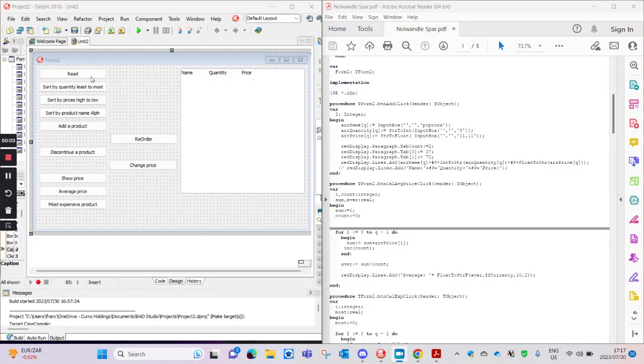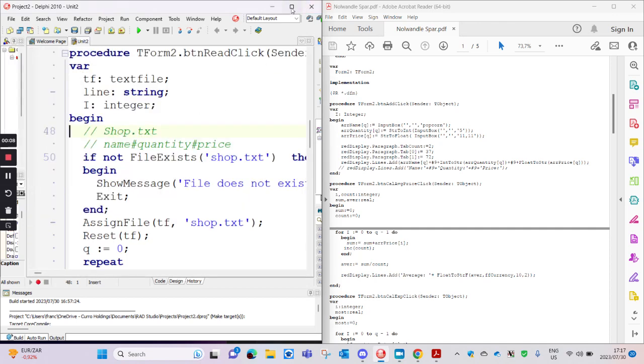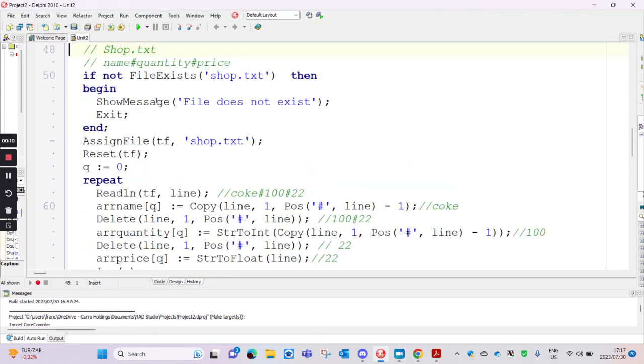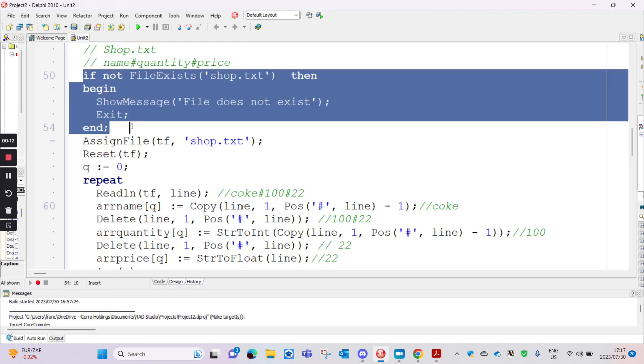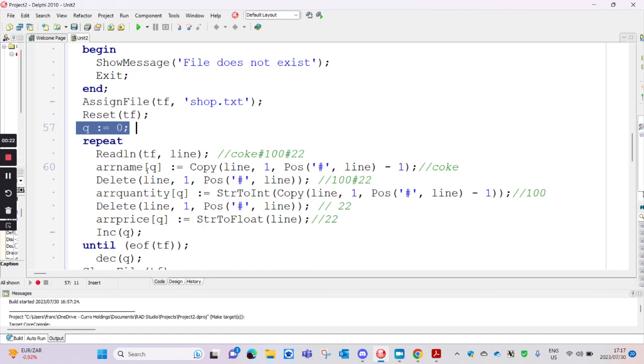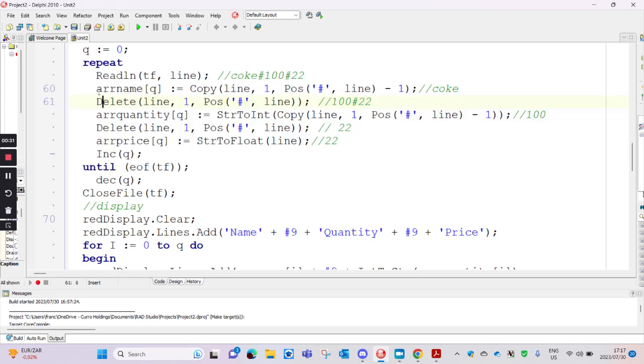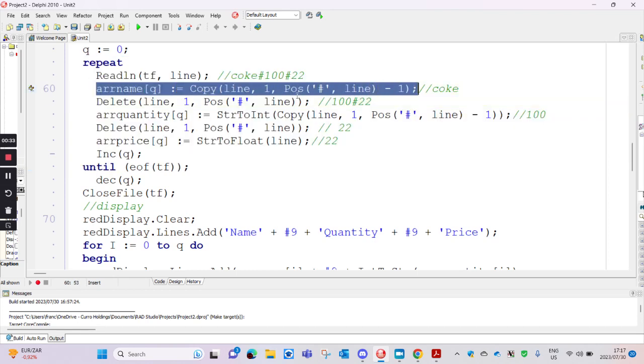Alright, so what we did in the past, the read button, we already did. Let's just do a quick recap. With read button, we checked if the file was there, whether if not file exists, or you could have done equal to false. And then we assigned the text file, we reset, open for reading, we made Q0, we looped until end of file, and then we read a line, we took out the name, and we split it by